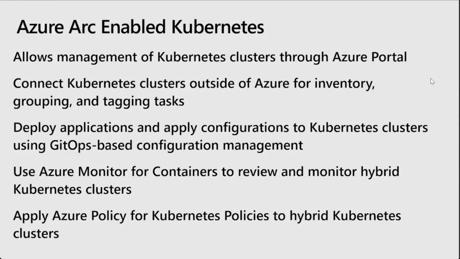Okay, so the next technology I want to talk about is Azure Arc-enabled Kubernetes. So what Azure Arc-enabled Kubernetes does is instead of installing a Linux head node to run your Windows Server containers, it allows the management of Kubernetes running on-prem through the Azure portal. So it's a lot simpler because you're just running Kubernetes through Azure being your control node